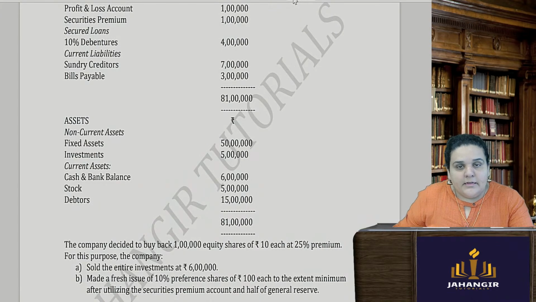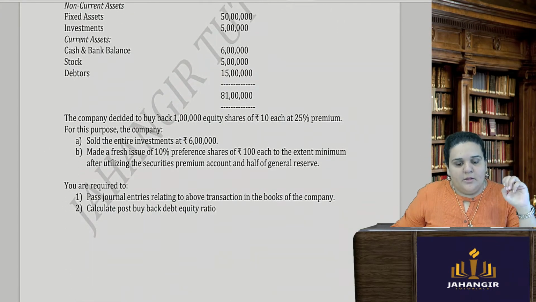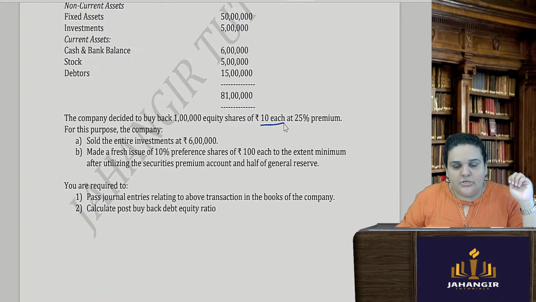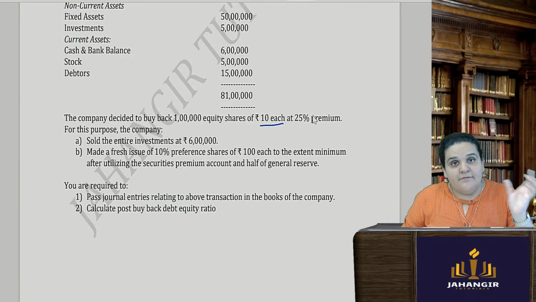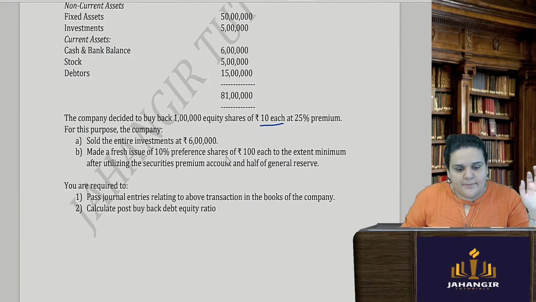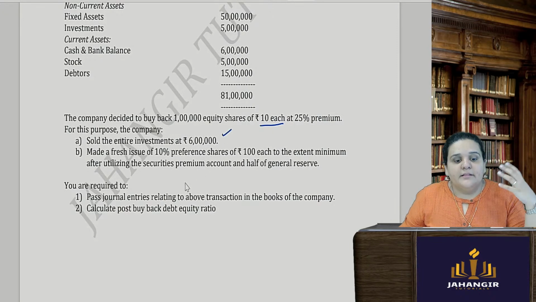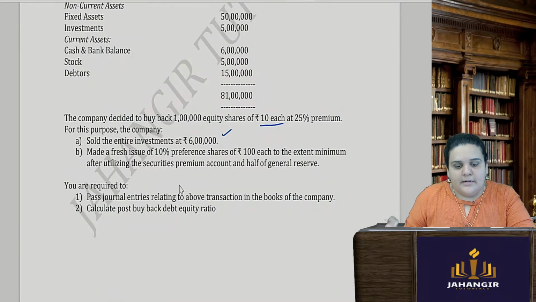Okay. The company decided to buy back 1 lakh equity shares of rupees 10 each at 25% premium. Okay. So the buyback price they have given to us. Okay. That they are going to buy back at 10 rupees each at 25 percent premium. For this purpose, the company have sold their investments at rupees 6 lakhs and they have made another fresh issue of 10% preference shares of rupees 100 each to the extent minimum after utilizing the securities premium account and half